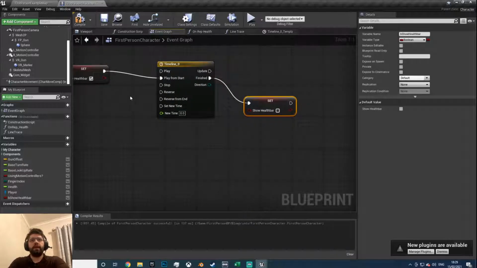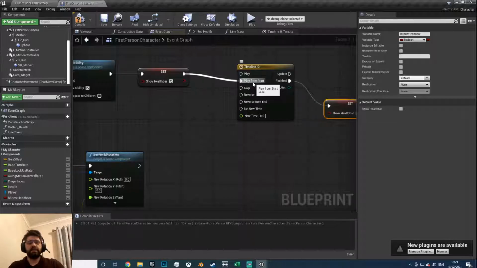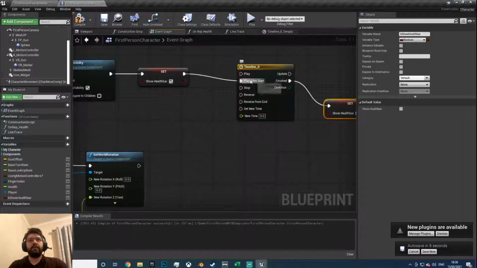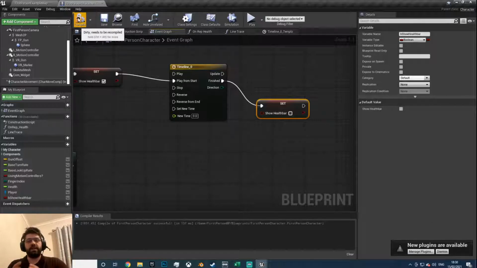The reason I'm using a timeline and play from start rather than a 5 second delay is because if you shoot someone and then 4 seconds later shoot them again, with a timeline, the time will restart. If you use a delay, the delay won't restart. It'll then just set that to false. So you use a timeline for your 5 second delay, and then if you get shot again, it'll restart it because it's connected to play from start, and then that'll reset that. So after you've shot someone, after 5 seconds, the health bar will go back to being